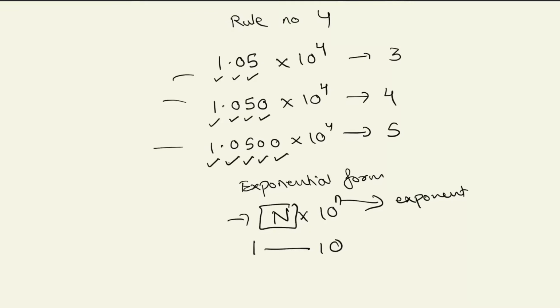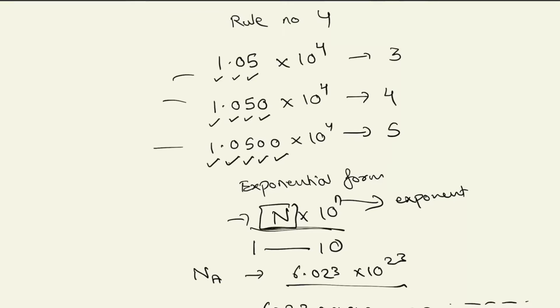Let's suppose if we talk of Avogadro number, which we indicate like this, the value is 6.023 into 10 to the power 23. Let's suppose if we don't use the exponential form, how are we going to represent it? It's like 60230000000 till 23 zeros are there and so on. So it's very cumbersome to express the number like this. So very large digits and very small digits are generally expressed in this exponential form.